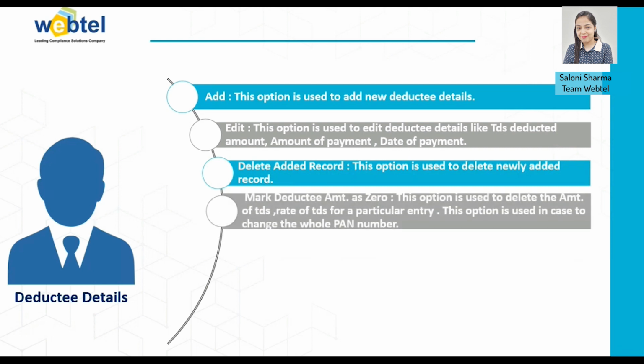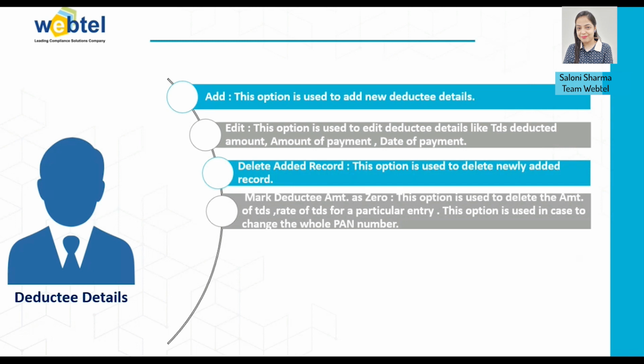Then comes the mark deductee amount as 0. Through this option, Mr. Anuj will be able to nullify the entry, or in case he wants to delete the entry from the record, then by using this option he will be able to delete the entry,